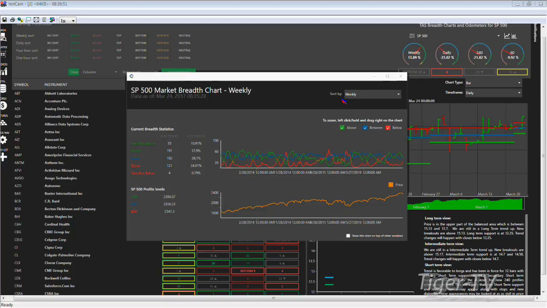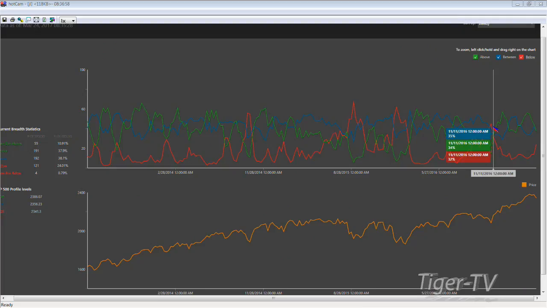We could have negative breadth on the long-term weekly. That's a pretty rare occurrence when things cross over. The last time we crossed over to longs was the Trump election results, November 8th, something like that. So crossing over on the long-term weekly is a pretty big deal. That means you're not supposed to be buying 2341 on the S&Ps right now.